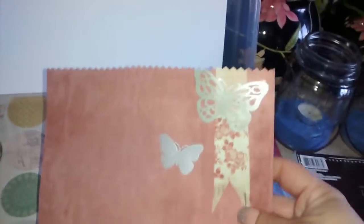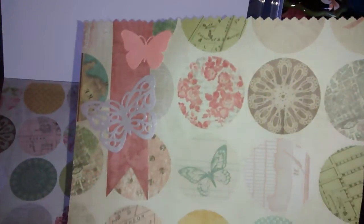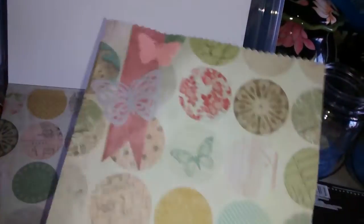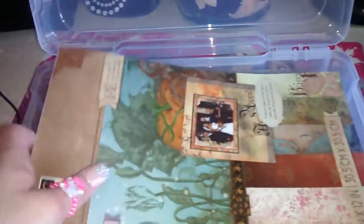So there you guys go. I just kind of wanted to share with you guys what I did. I didn't do much, but I was playing around a little bit, having fun with it. And so I'll probably be using this and probably a few sheets out of, well, let me show you guys,